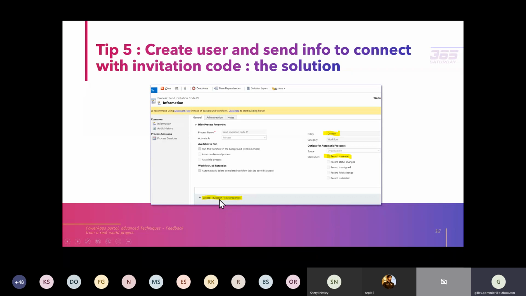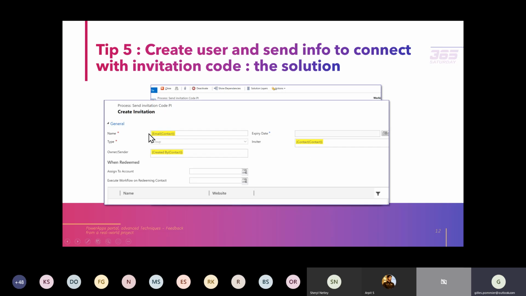And then in the Dynamics workflow, it's possible to create an invitation. So the create invitation action is something like that. You just put the email, the owner, the one you want to invite, and that's fine. You create an invitation in an entity called invitation. So this is the first step, to create the